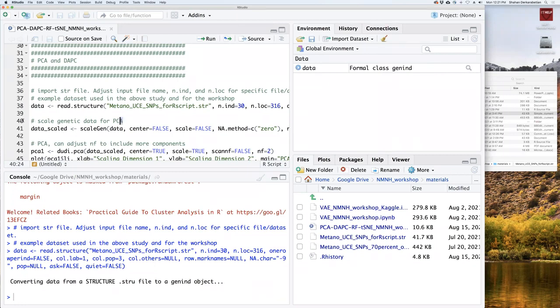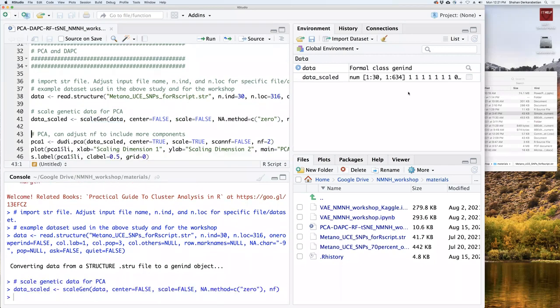Okay, so the first thing you want to do for principal components analysis is to scale the data. This is a function called scaleGen. It's a pretty generic method that scales allele frequencies. You'll see it change the heterozygous sites and the missing data. So I'll go ahead and do this. Then this new data set comes up here.